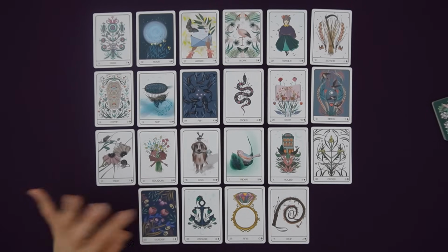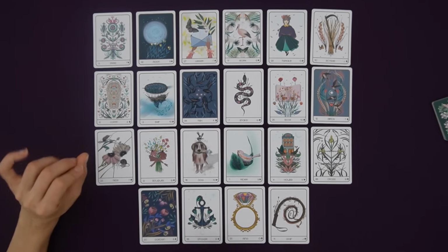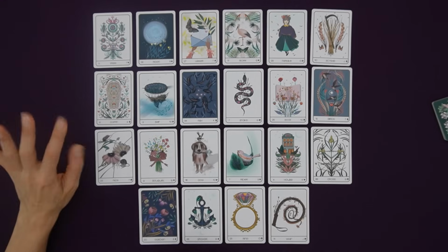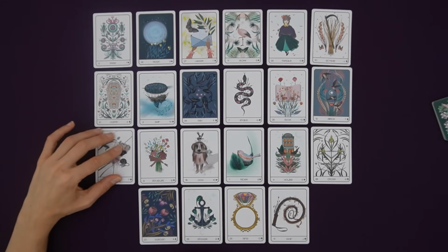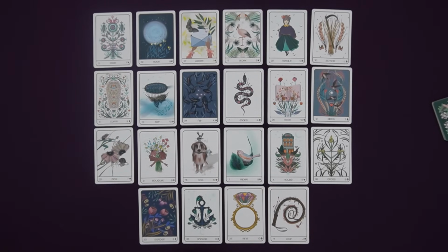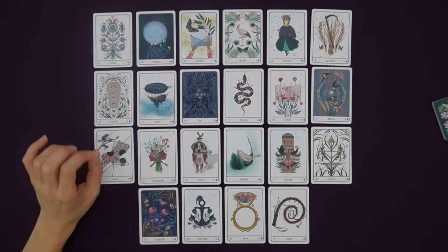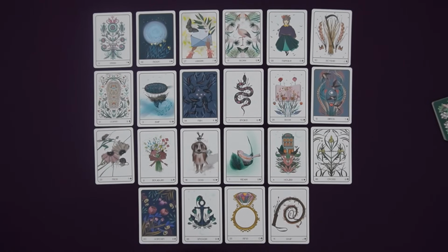Let's move to the column. So we have the tree, coffin, and mouse. This is a very clear message, really supporting what we said earlier, the idea of having to wait. And it sounds like you've waited a lot, or you're going to have to wait a lot. This can try your patience. It can cause you to feel anxious, and you can also get bored, just sitting there waiting. And also maybe you're tired of the situation that you're in. And so you're really looking forward to the feedback that will enable this change. So a clear message here of things tapering off, and you being in this kind of bored or anxious state,